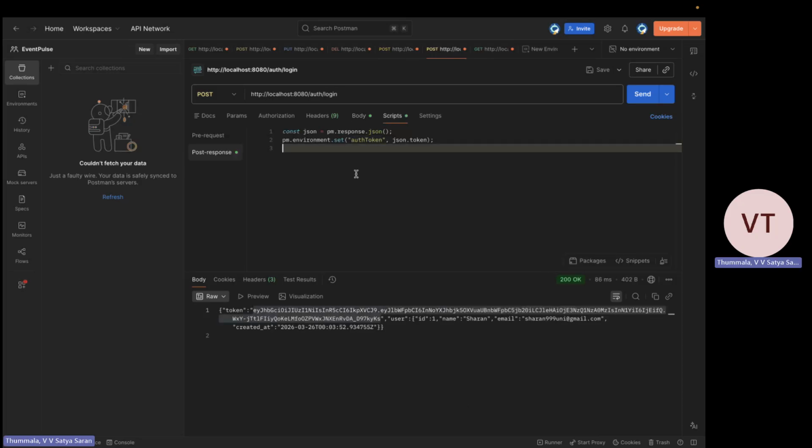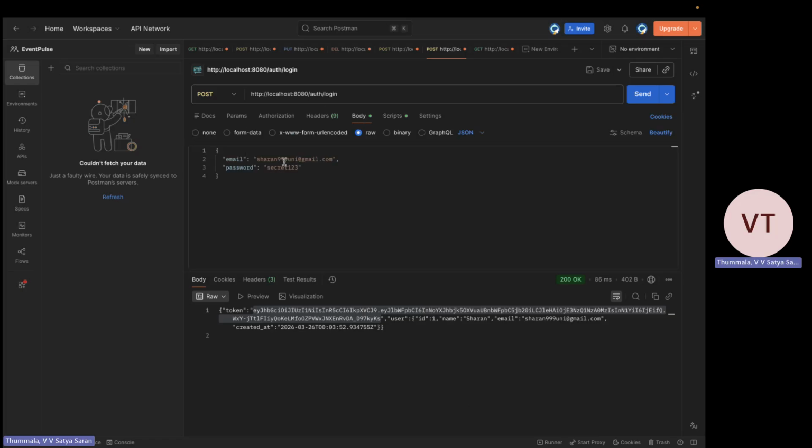And then now login. As you can see, I'm giving a mail ID and this password. The user has been successfully logged in, the token has been returned, and the user details have also been given back. I'm copying this token